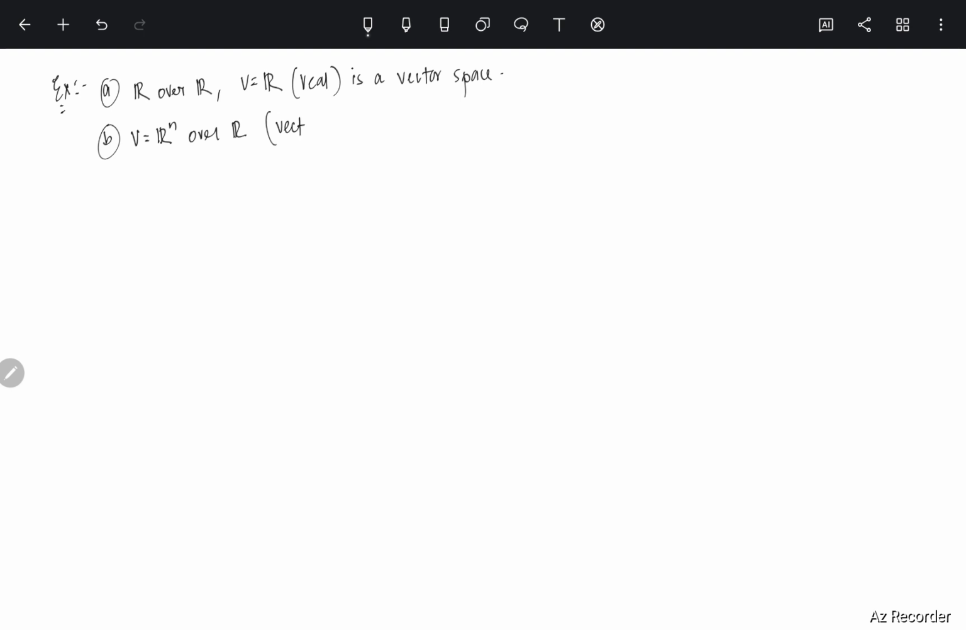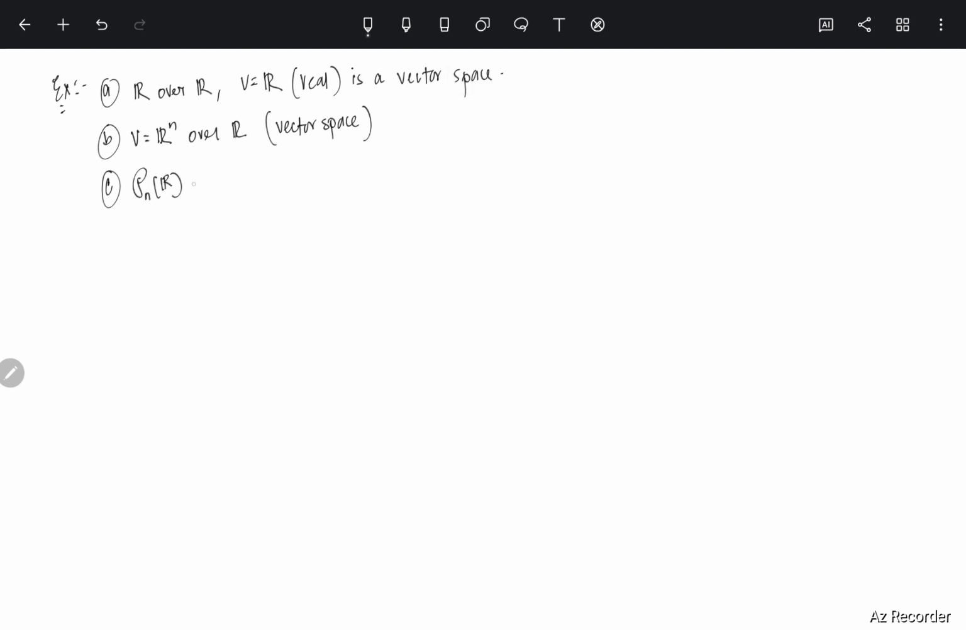This is also a vector space, and we call it a real vector space because it is over R. So Rn over R, that you can do. And of course, these are the preliminary vector spaces which you already know. I'm assuming that. And there is another vector space which is very important in our context, which is